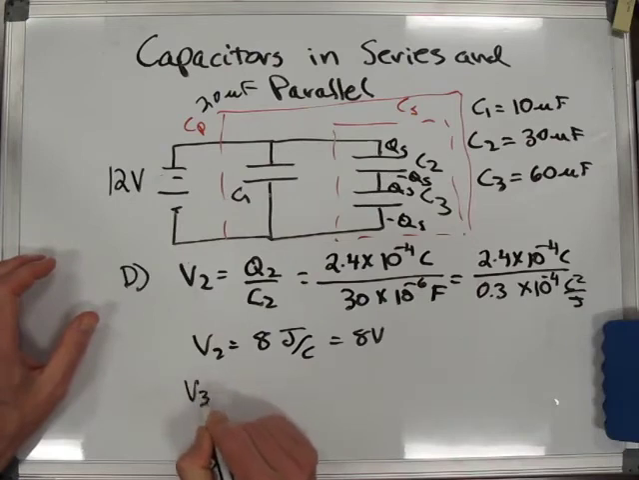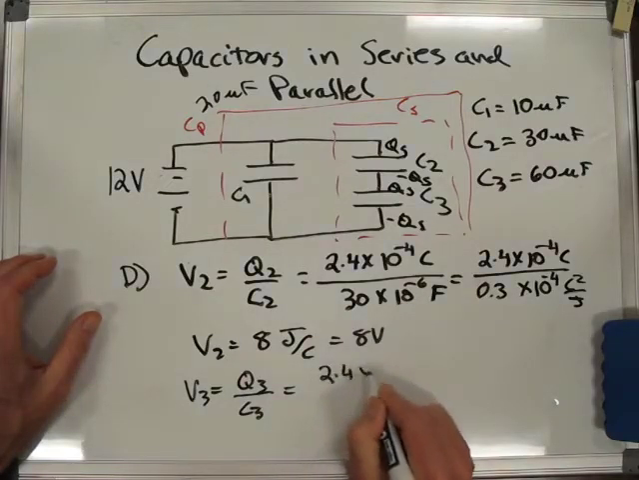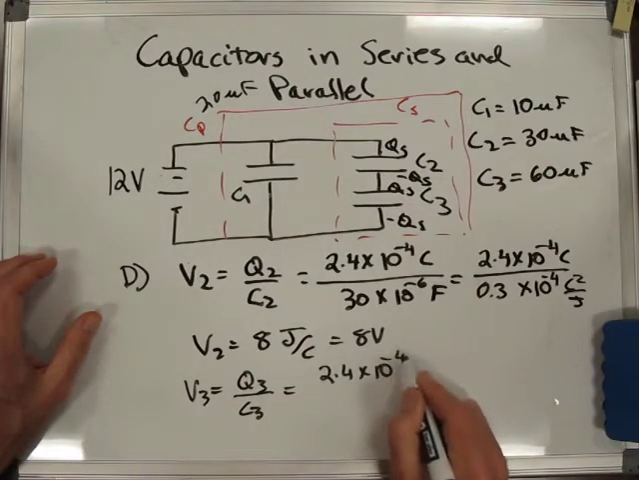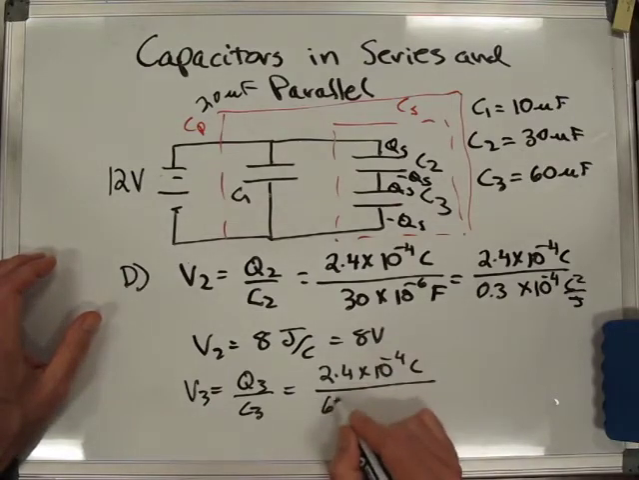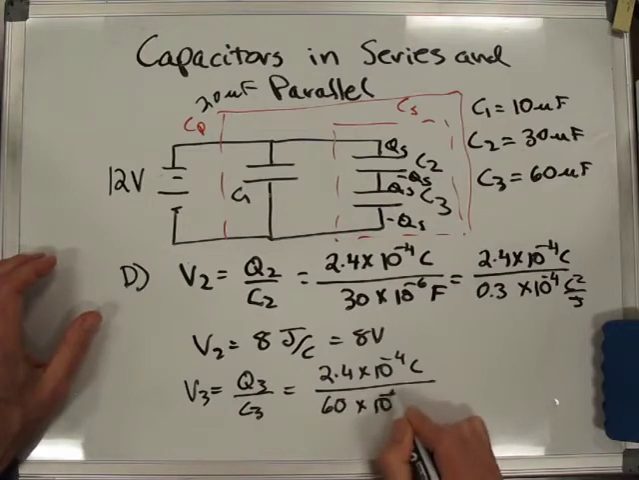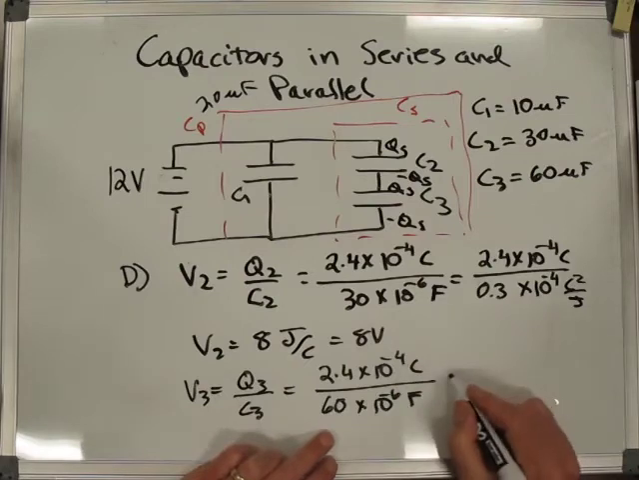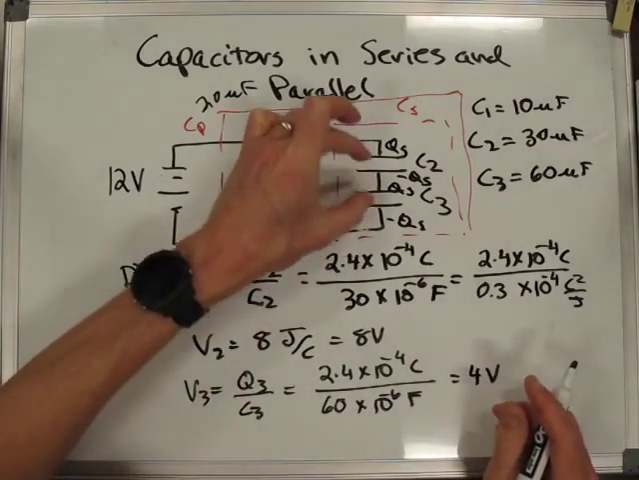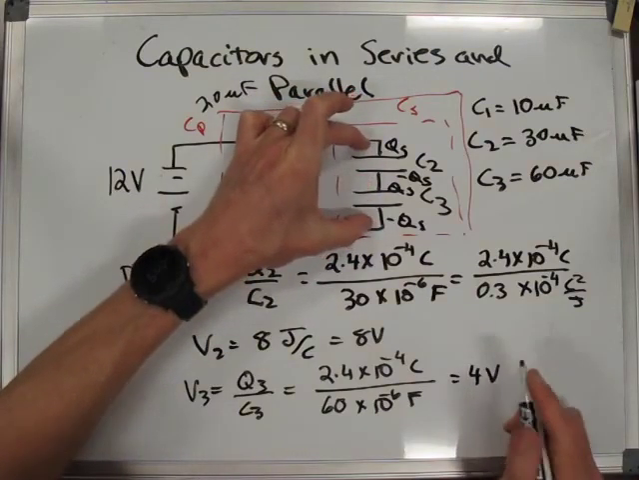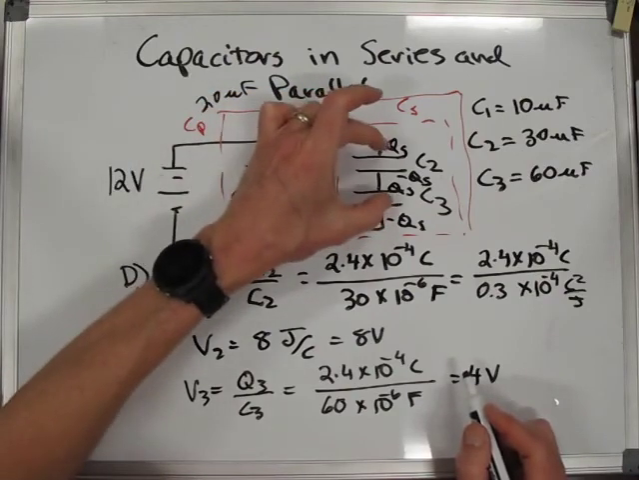So V3 is equal to Q3 over C3, which is still 2.4 times 10 to the minus 4 coulombs divided by, now I've got twice the capacitance, 60 times 10 to the minus 6 farads. And so if that's just half as big as this one, that one's going to come out to 4 volts. Notice that when I add the voltage across this guy to this guy, I get the voltage across the whole thing, and I get, in fact, 4 plus 8 is 12 volts, which I already knew was the total voltage